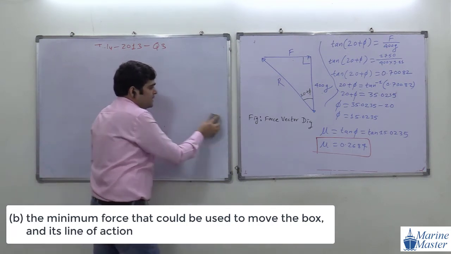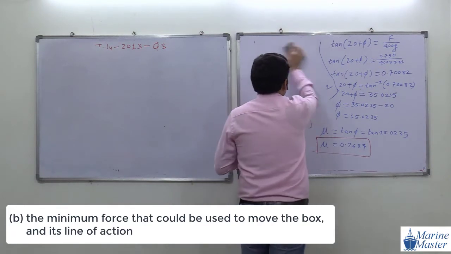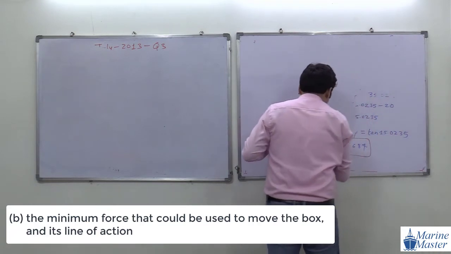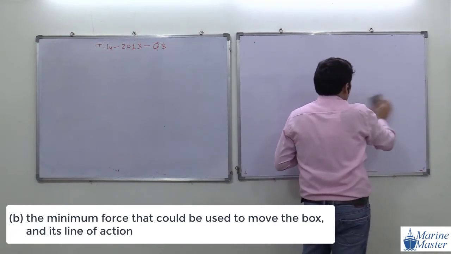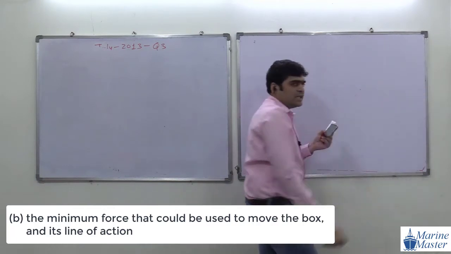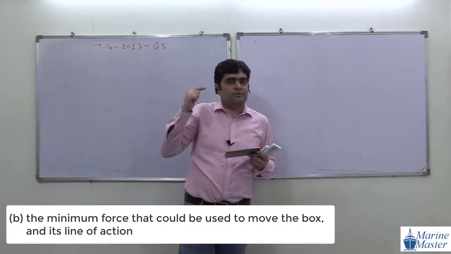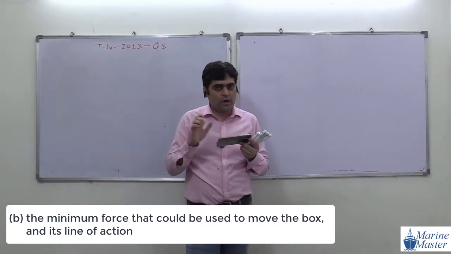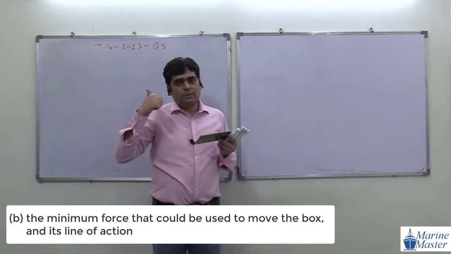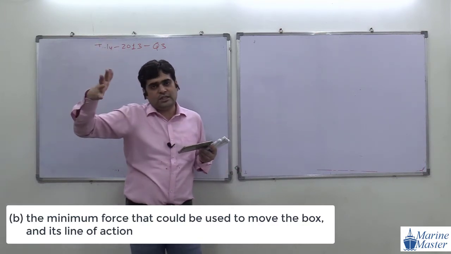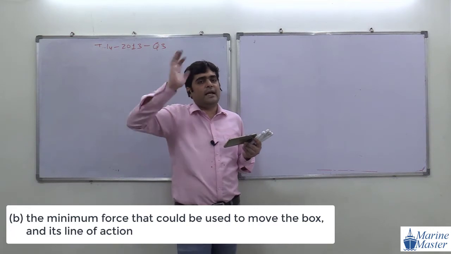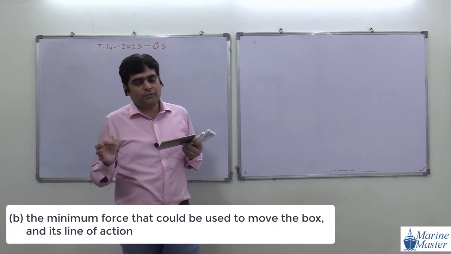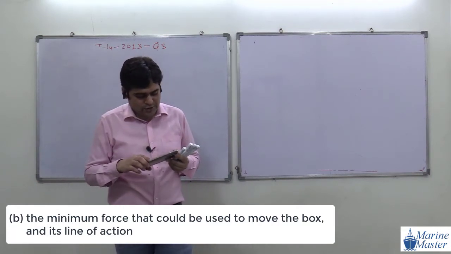So what is our target in the B part? We have to find the minimum force. In the earlier question we studied two conditions of minimum force, and I have given you two notes. One: minimum force is always perpendicular to the minimum resultant reaction. The second condition: minimum force always makes an angle phi with respect to the plane. Are you getting my point? Try to see the scenario here.